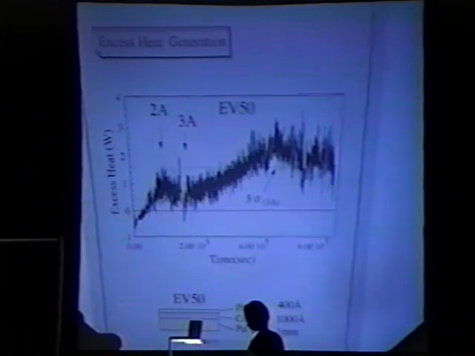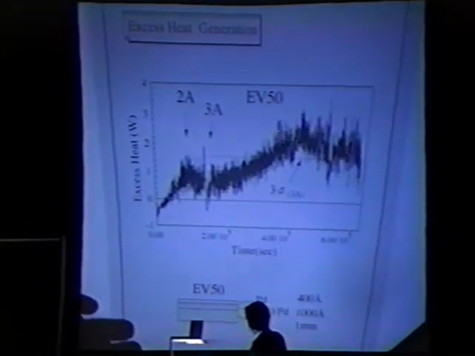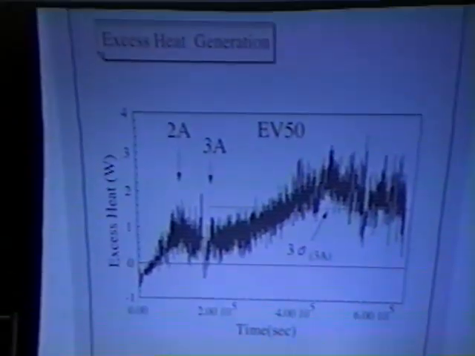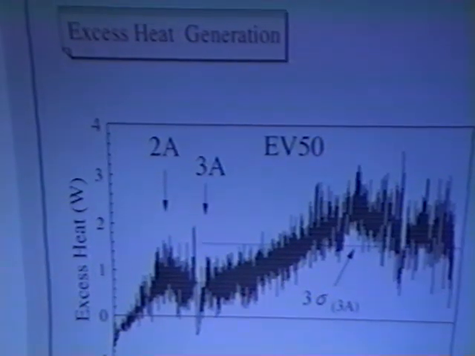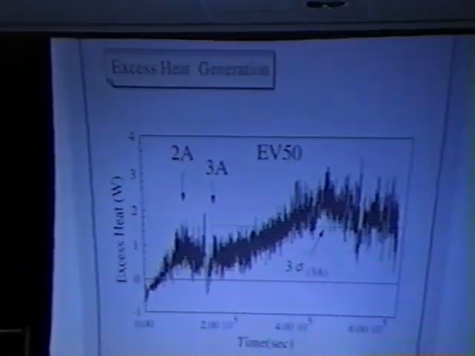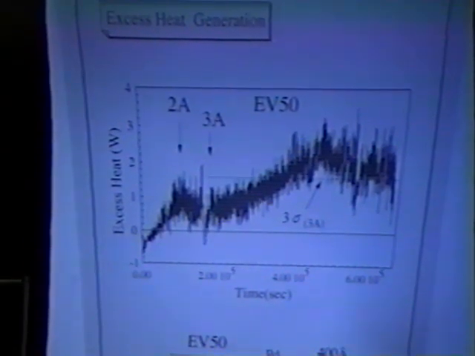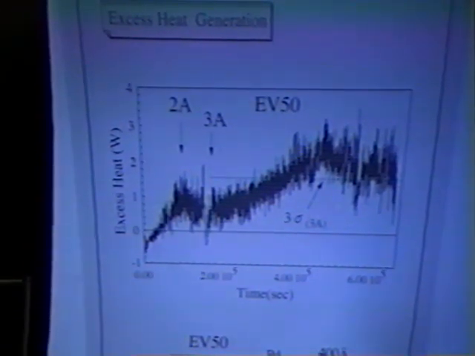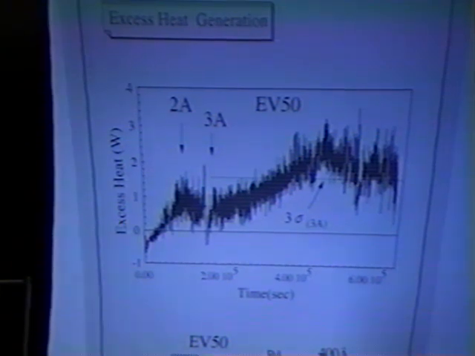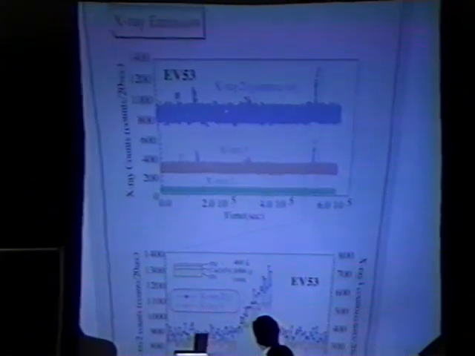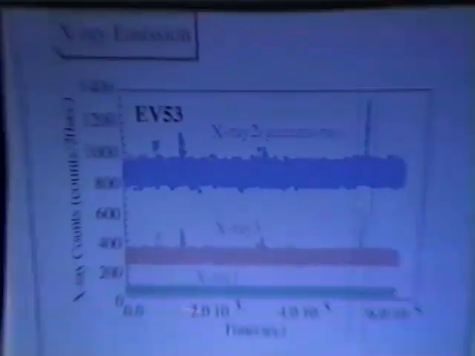And this is an example of excess heat generation. Time and excess heat are plotted. At this point, raising the current up to 3 amperes, we obtain the excess heat like this. This dotted line is 3 sigma. Next figure shows the example of X-ray emission. Upper figure